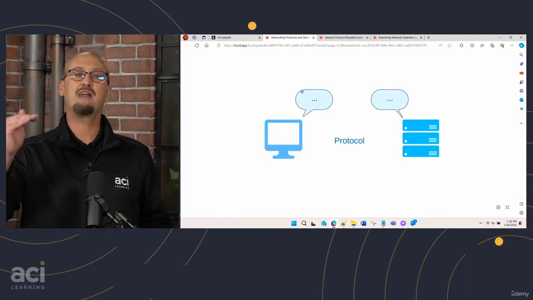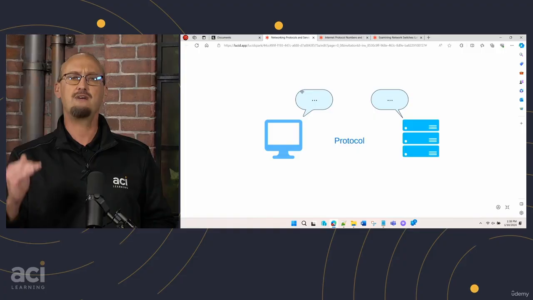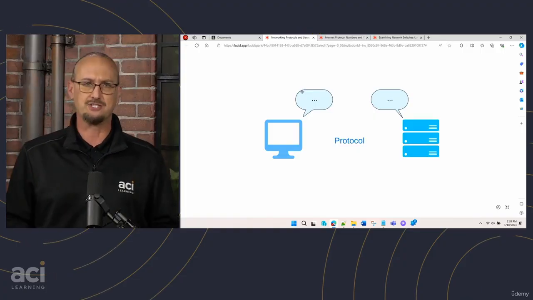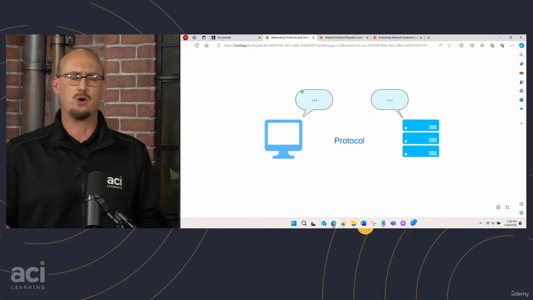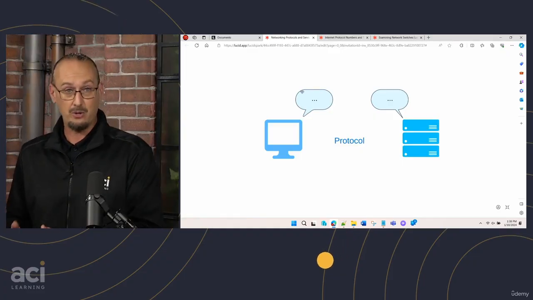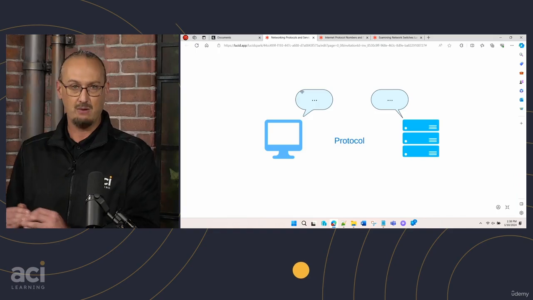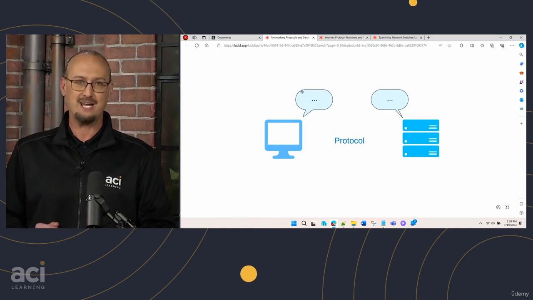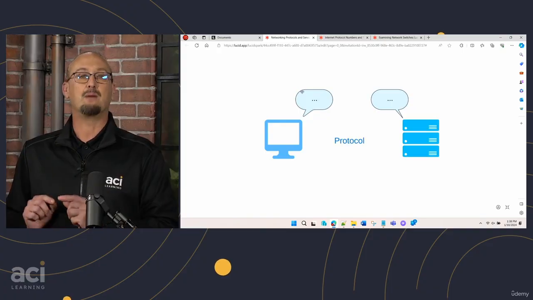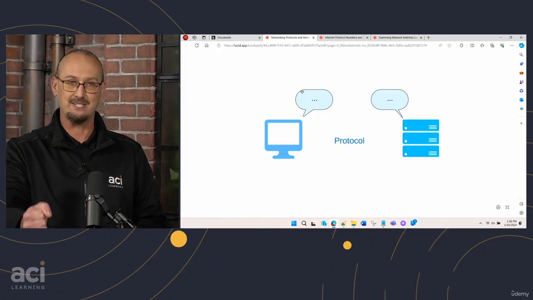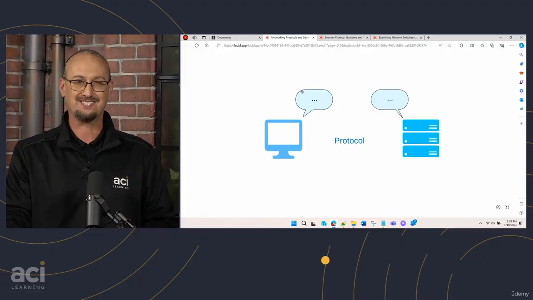Now, the other thing I want to mention, and this is where Sophia alluded to, there's a lot of port numbers. You're going to find these port numbers that are associated with these protocols that are also called services. Before we ever go to a diagram, if I say DHCP, that is a protocol. That is the Dynamic Host Configuration Protocol that we use to make IP addressing in large environments a lot easier. It's a protocol that defines the rules for accessing the DHCP service.